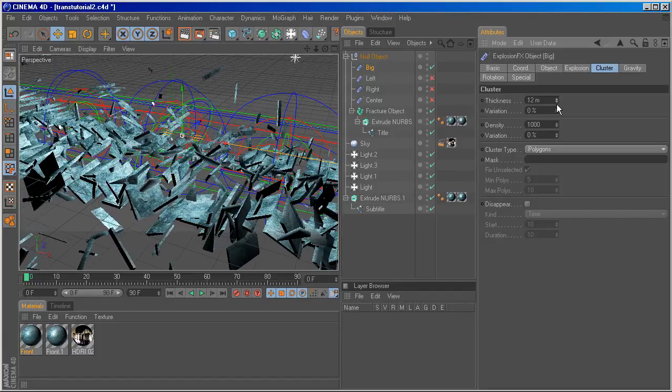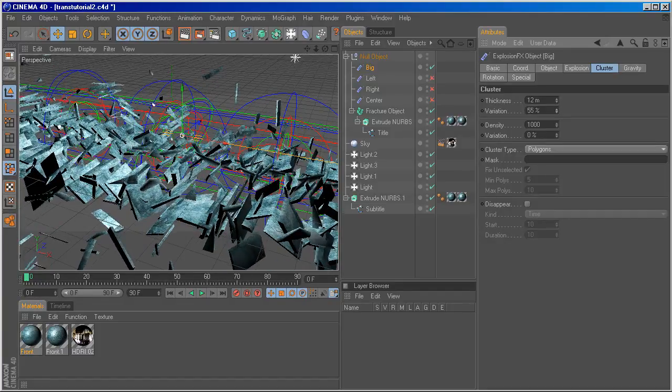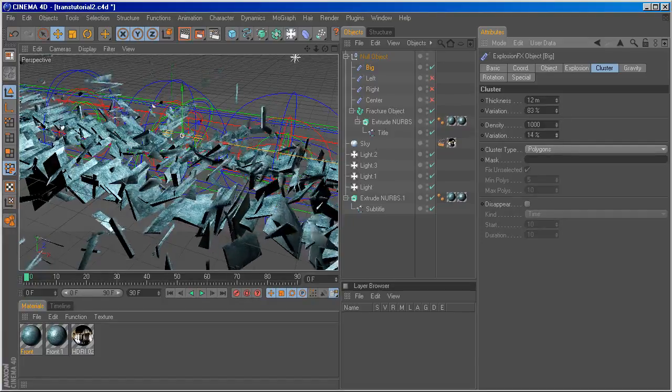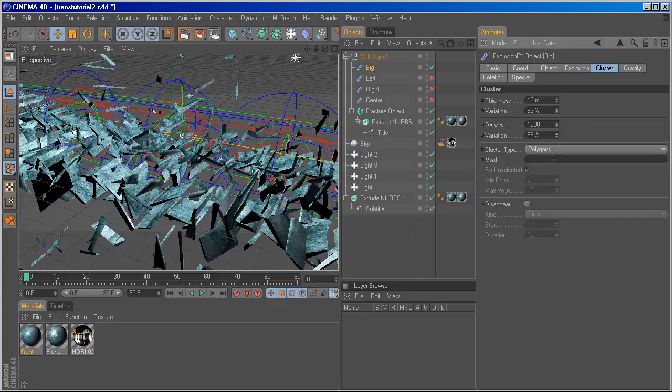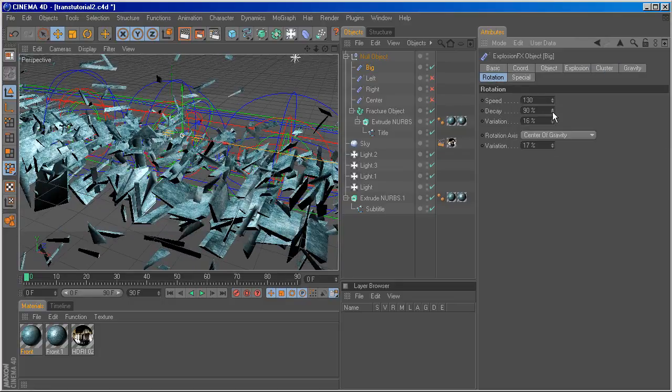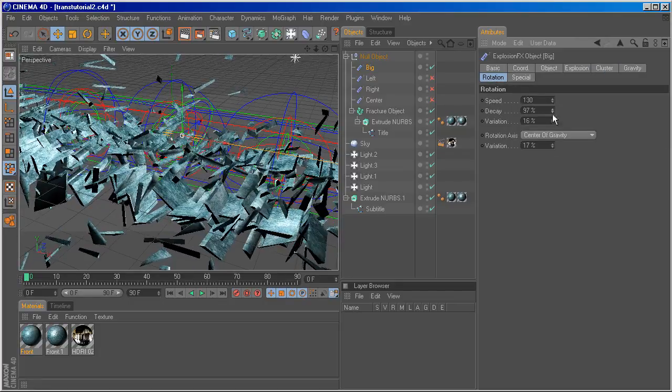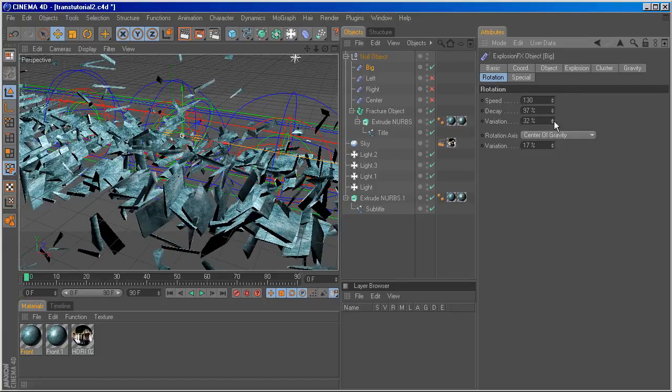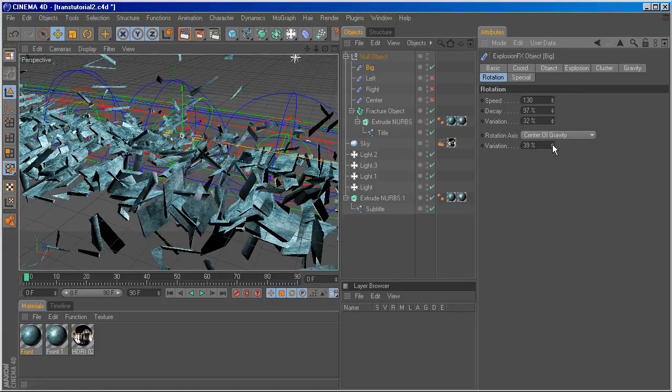It's too much, but maybe 20, and make some variation. Polygons is okay. Go to rotation, let's rotate it a bit. Now if you render, Control R,